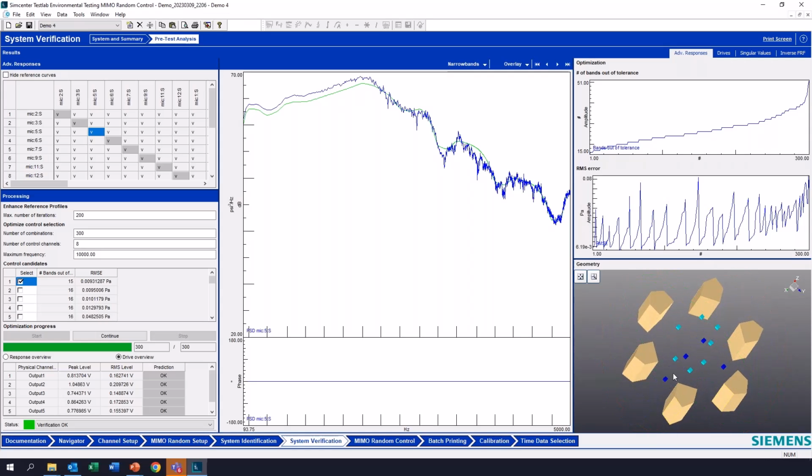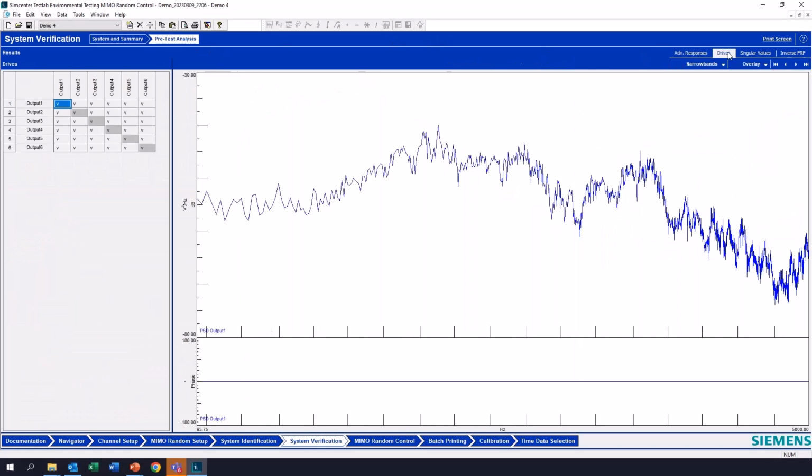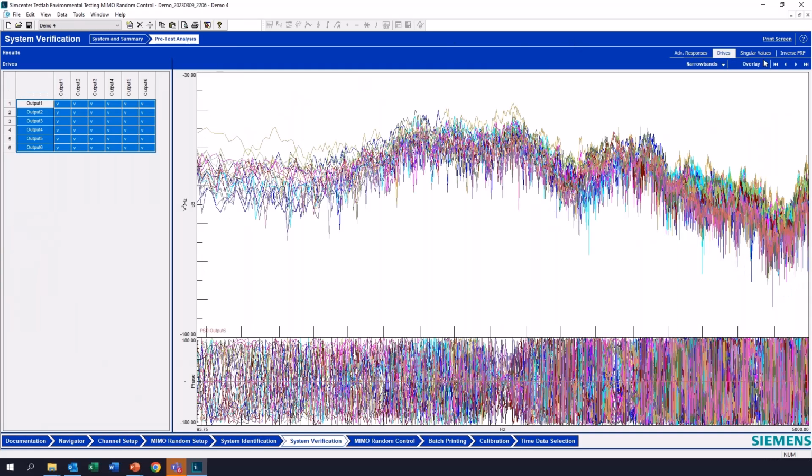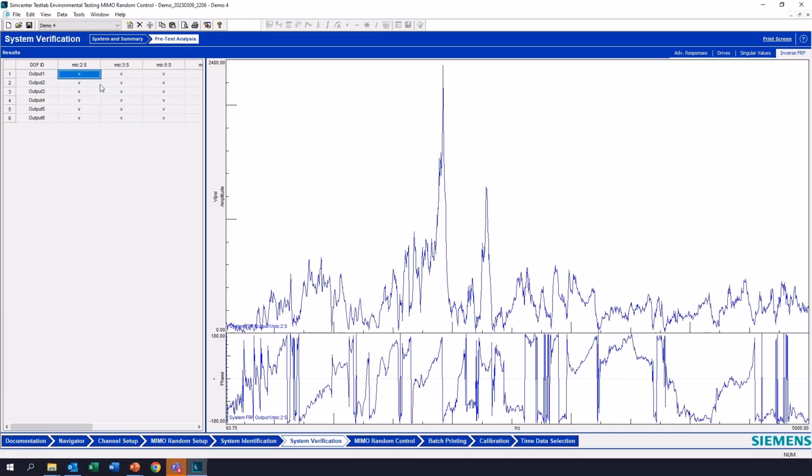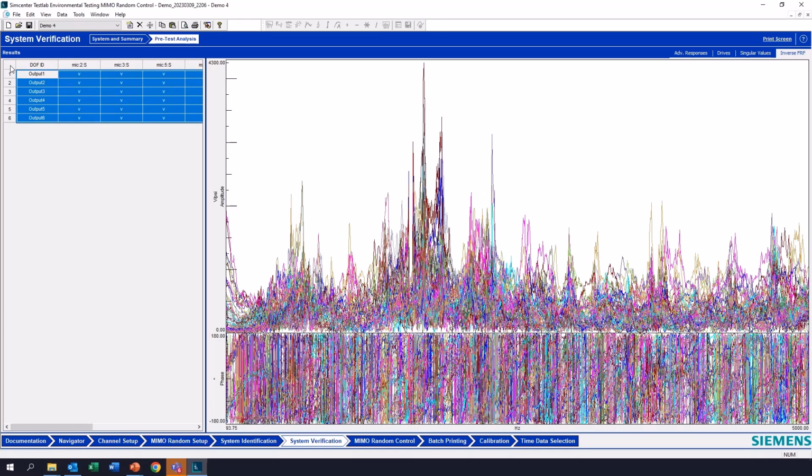You can see which microphones in the geometry have been excluded from control based on our settings here. So anyway, that's the pre-test analysis, long and short of it. You can also look at the drives individually. We can look at the singular values and the inverse transfer functions as well, this inverse transfer function matrix.